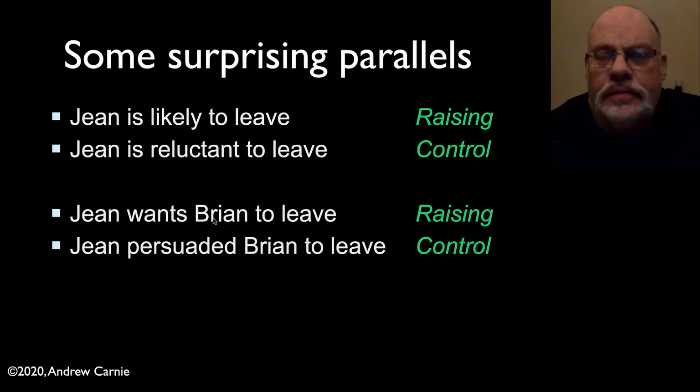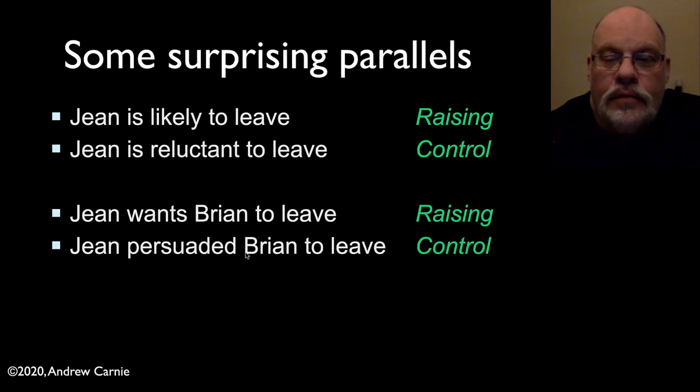The reason we didn't do this before is because we didn't have a case position that could host this element. But in the theory that we have developed for double object constructions, we actually have a position we can move this element into. In this case, what you will notice is Brian is behaving in some ways like the object of want. If we were to change this to a pronoun, it would be accusative case. Jean wants him to leave. So in some ways this is behaving like an object, but it is not the theme of want. Jean wants Brian to leave does not mean that Jean wants Brian. So Brian is not getting a theta role from want, but it is getting a theta role from leave.